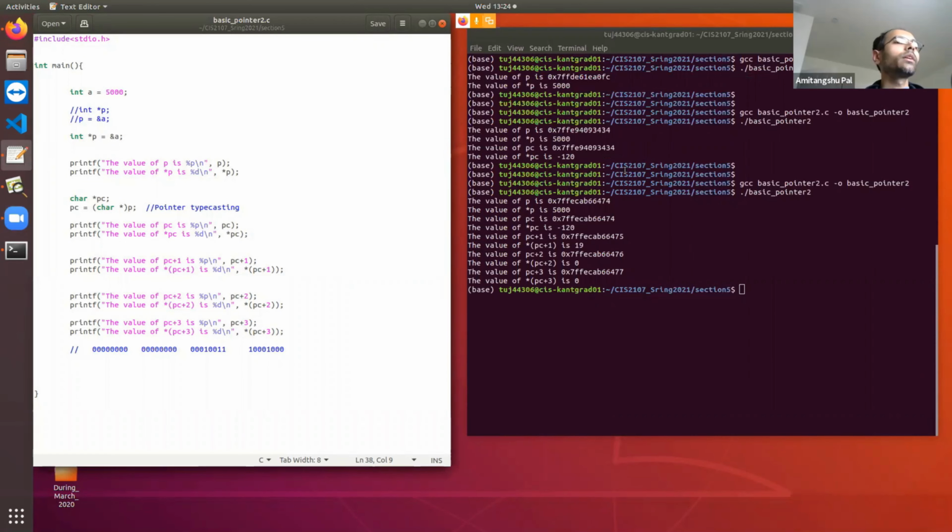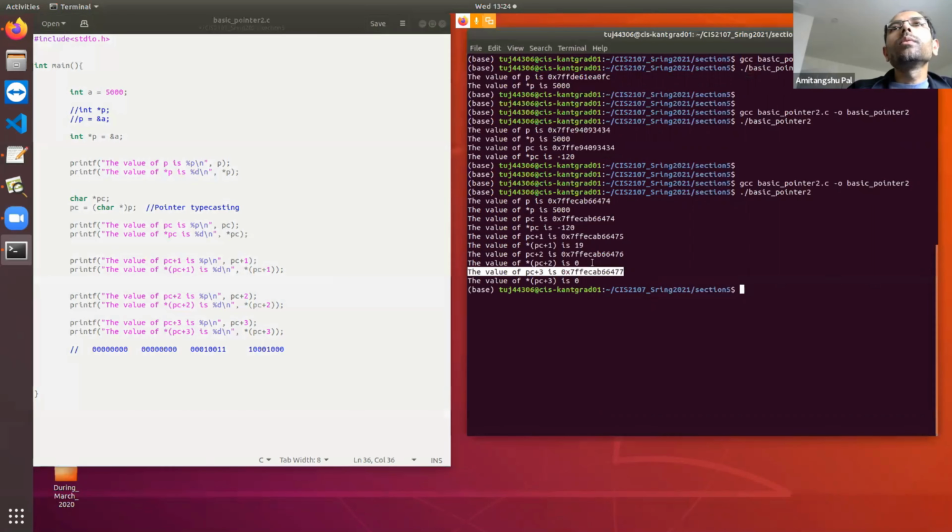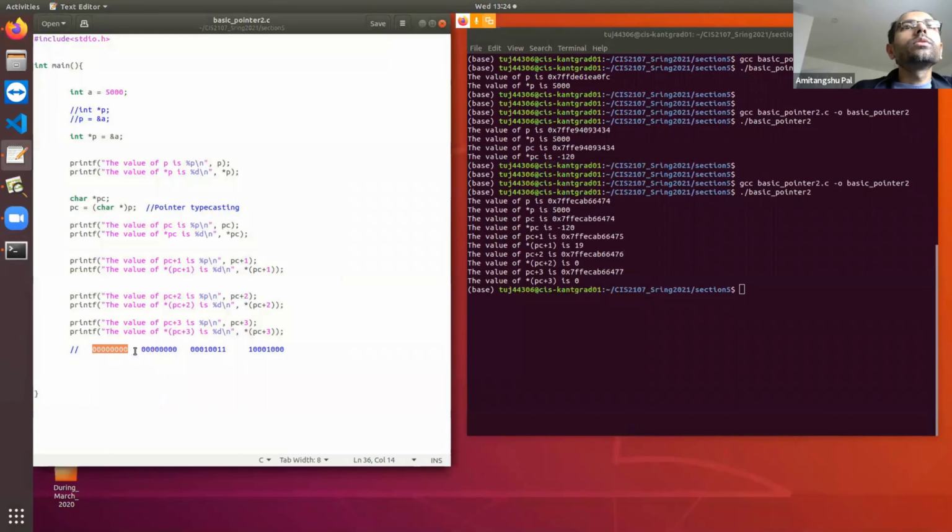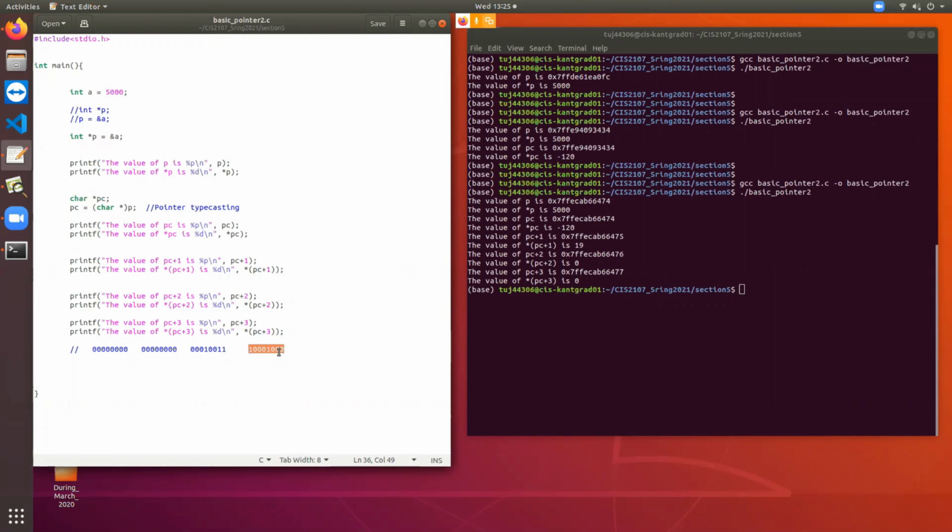So from this example and from this output, what did you understand? If I am storing 5000, which is 00000000, 00000000, 00010011, and 10001000, which format is followed over here? It is Little Endian, right?